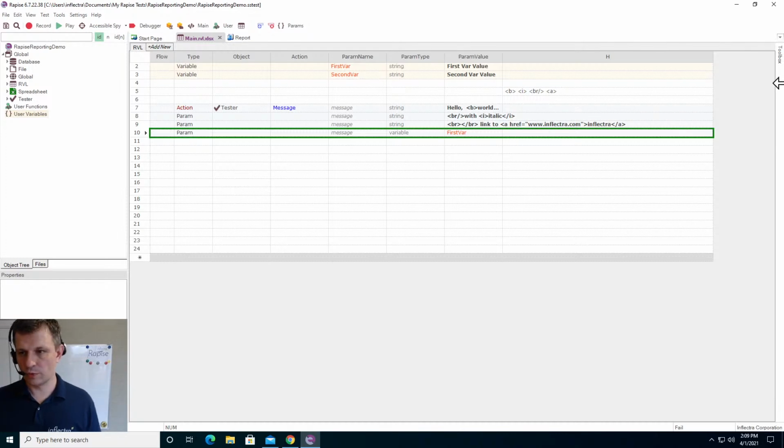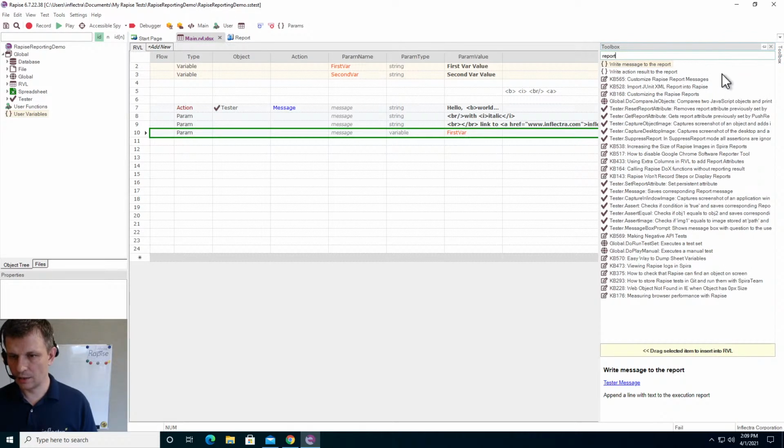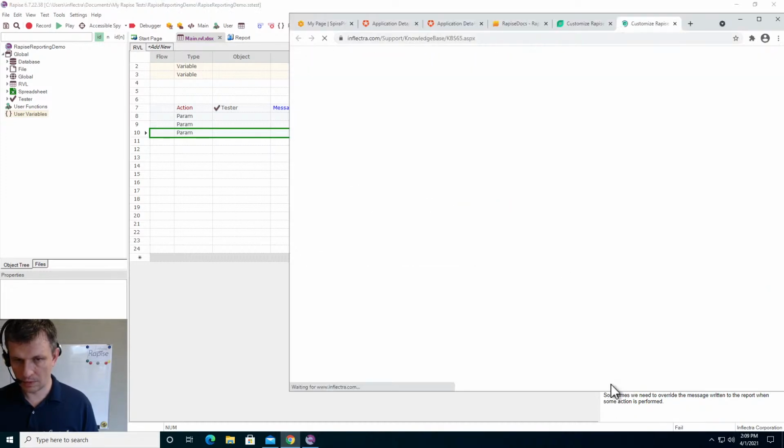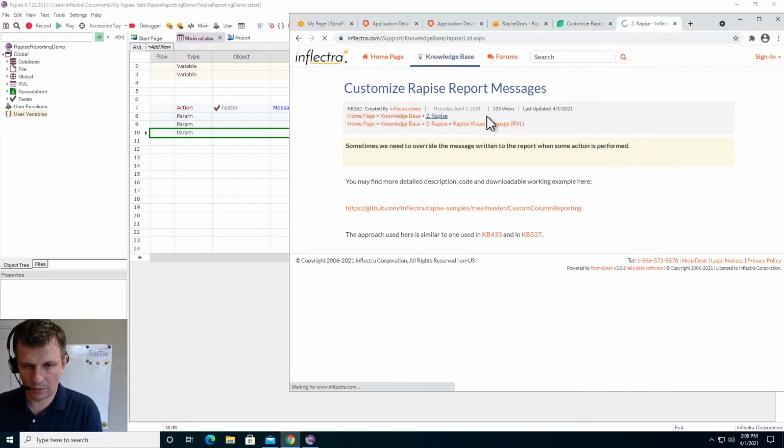And for this purpose, we have a good knowledge base article. Let me try to find it. It should be something recent. Rapise report messages. Is it this one? It's custom columns. Now let me look here. It was about